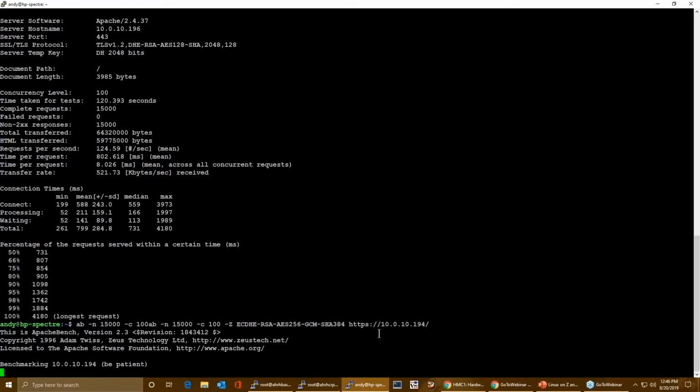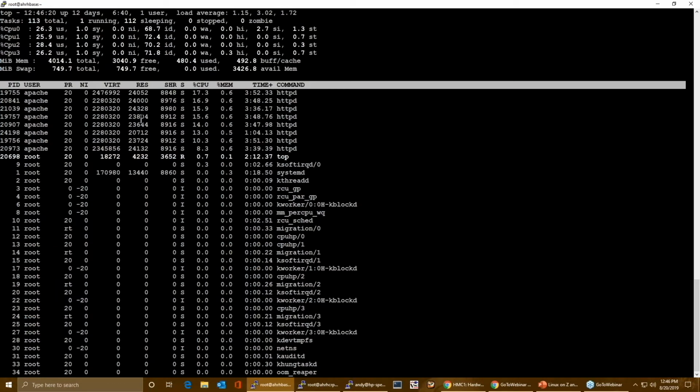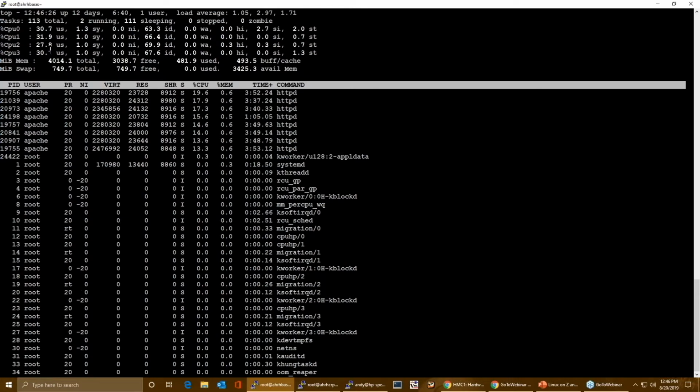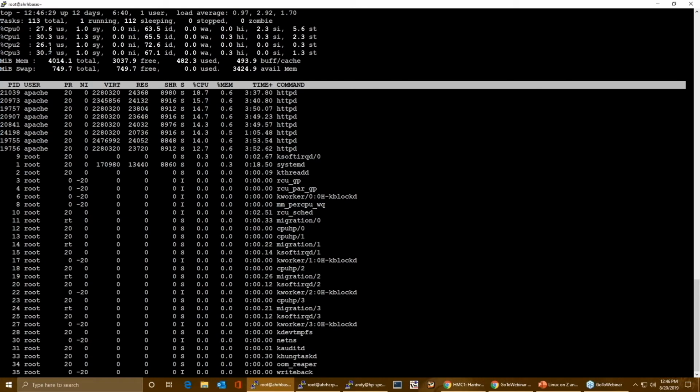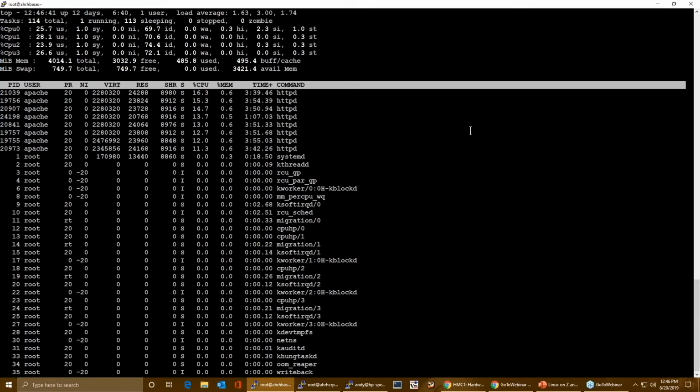So again, this is just on the base system, no crypto cards, and basically we see similar results here, but this particular combination of the cipher suite doesn't have the same impact on the processor. So like I said, you'll have different results based on which cipher suites you use, and then